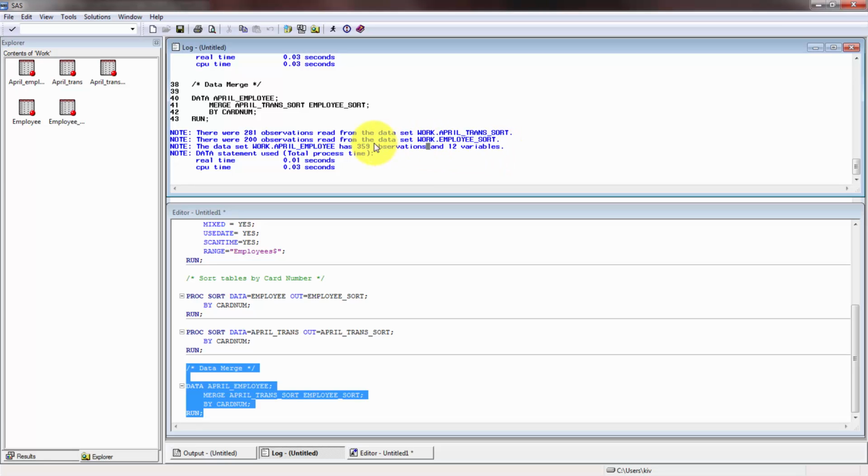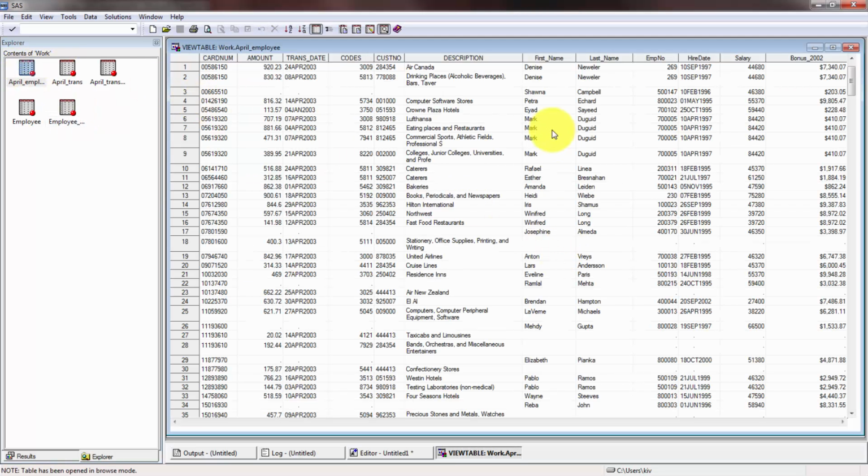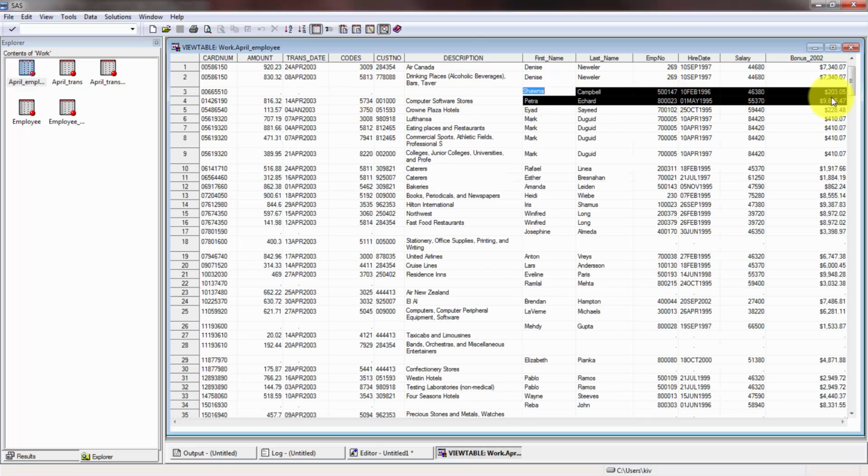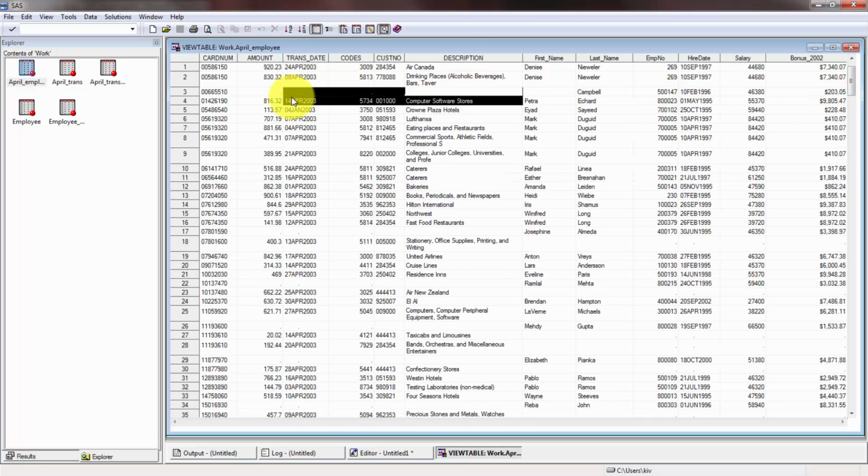So what that indicates to you is that whenever there's more observations than the biggest table, that means there were some unmatched ones. So either there were transactions or records in the April transactions that didn't match with the employee one, or the employee one didn't match with the April transactions, or both, likely both. But let's take a look at this table. So here, April employees. You'll see here, for example, it's blank here, which means that there's information on the employees table that's not on the